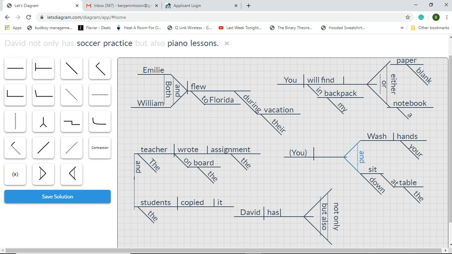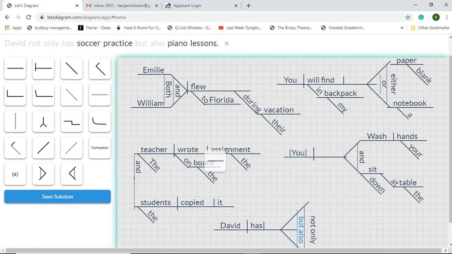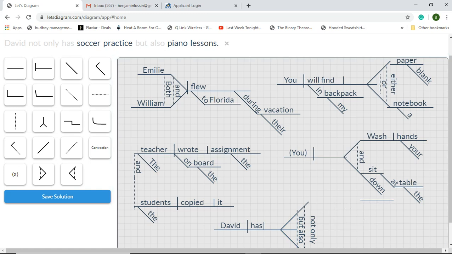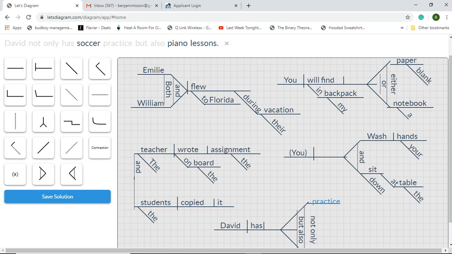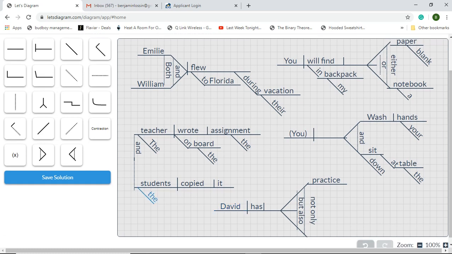Now, this ended up being bigger than I want it to be, so we're going to do this quick move over. Okay. So what are our direct objects? Direct objects for this, remember I said before, the direct object is practice. Okay. He has practice, right? And also